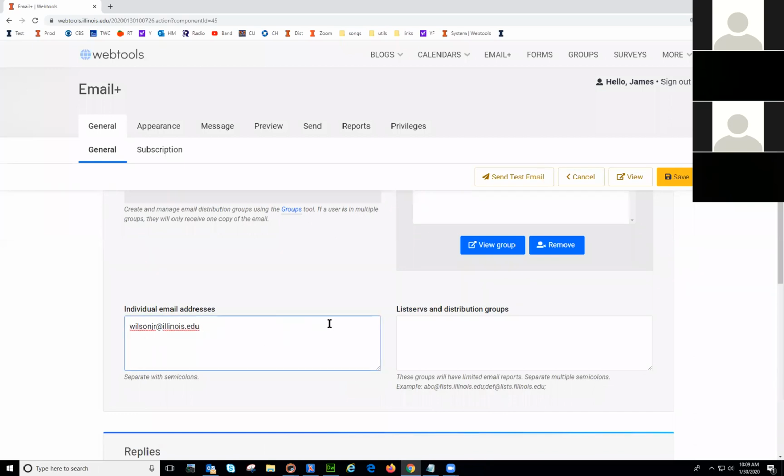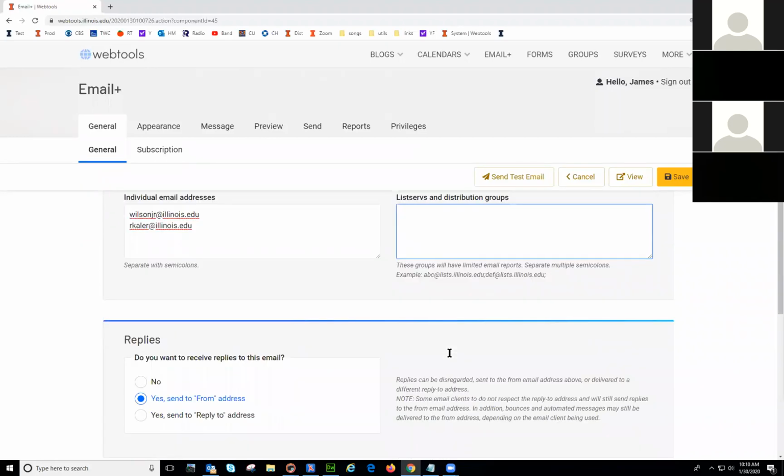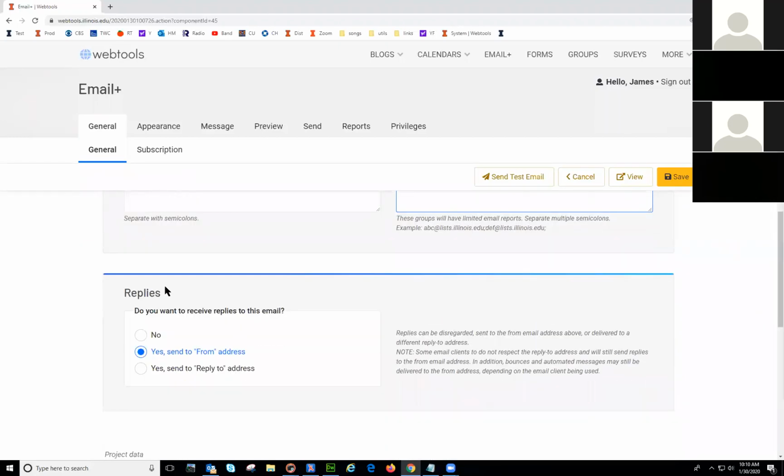Okay, I can include additional email addresses if I wanted to copy my boss on this without actually putting her in the group. If you do have listservs, you need to paste them over here, and that is because listservs reporting is handled differently than individual reporting, and we need to break it up properly. If you don't put it over here, you won't get proper reporting results for listservs. At the bottom, this one,